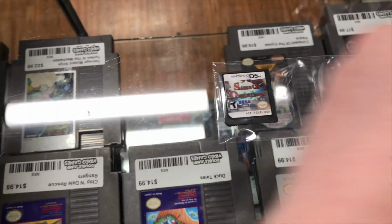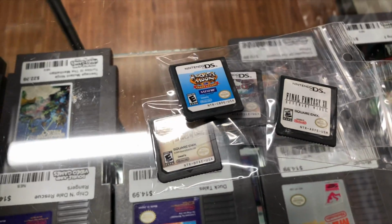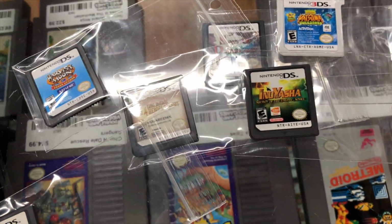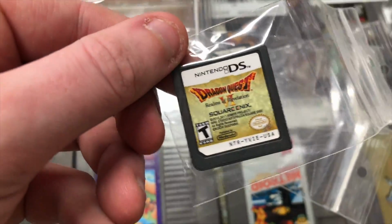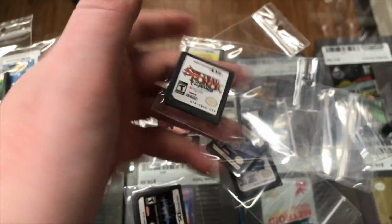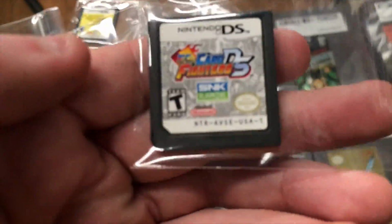We have Sands of Destruction, Final Fantasy IV Heroes of Light, Harvest Moon, Final Fantasy 12. This one is Katsuma Unleashed, Inuyasha, Master of the Monster Lair, Blue Dragon Plus, Lunar Dragon Song, Dragon Quest VI, Rhapsody, Front Mission, Final Fantasy Chocobo Tales, The World Ends With You. This one is Spectral Force Genesis, Deep Labyrinth, Animal Genius, that was part of his daughter's, SNK Card Fighters DS, Legendary Starfy,